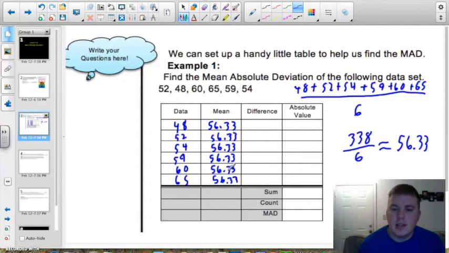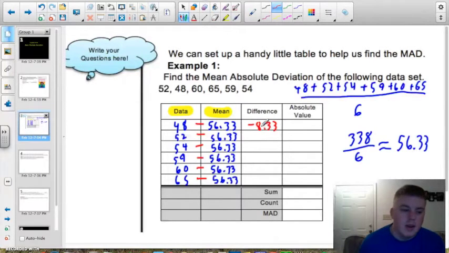Alright, now the next thing I'm going to need to do is find the difference between the data and the mean. And that's what I'm going to put in this third column here. So what I want to do is go through and subtract each of these numbers and see what I get. So I'm just going to subtract across. So I do 48 minus 56.33, and we're going to get negative